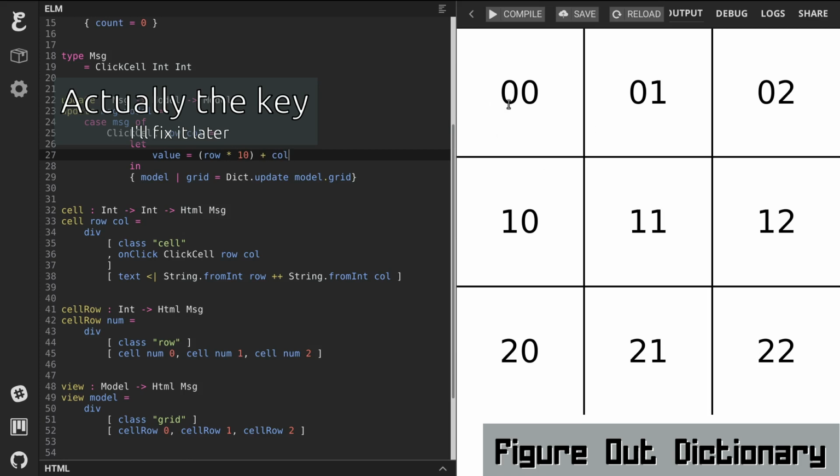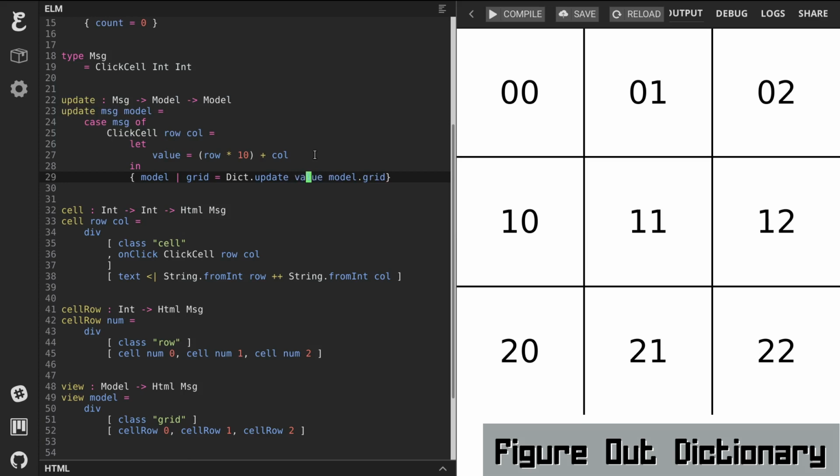Yeah, so like the row times 10, so 10, 11, oh yeah, there's 0. So 0, 1, 2, 10, 11, 12, 20, yeah, that'll work. That's going to be our value,